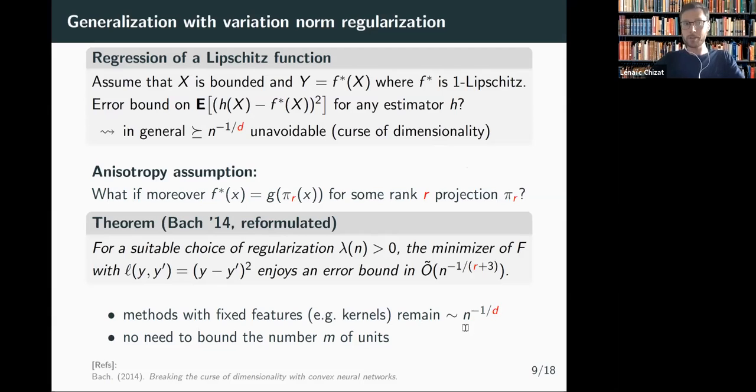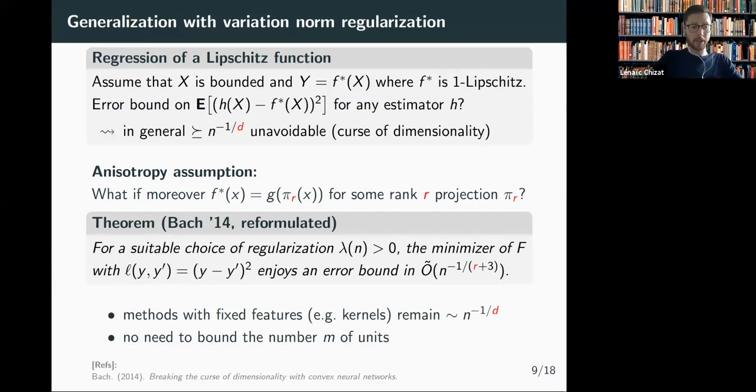So neural networks have this very good adaptivity property. They can learn what are the relevant features to solve a specific learning task. One thing I'd like to mention is that we do not need to bound the number m of units for this result. It is often believed that when we have too many parameters, statisticians do not know how to prove generalization bounds. But in fact, we just need to change our notion of complexity, and there is a lot of work which uses different notions of complexity than the number of parameters. Here, it is the F1 norm that controls the complexity of the model.